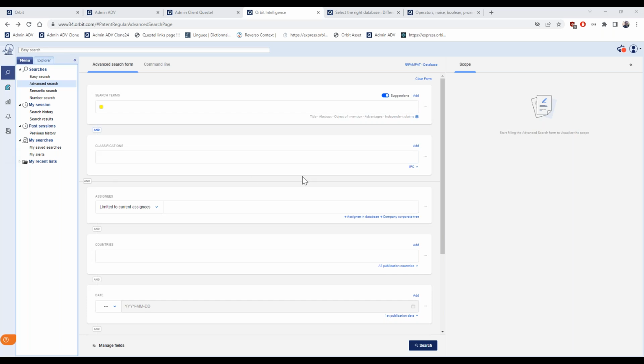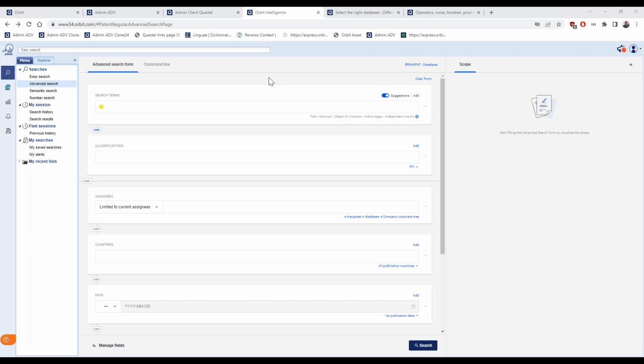And for those who have been using Orbit Intelligence since years or since a certain period of time, you have probably noticed that the advanced search has changed the interface recently. It was about 3-4 weeks ago.